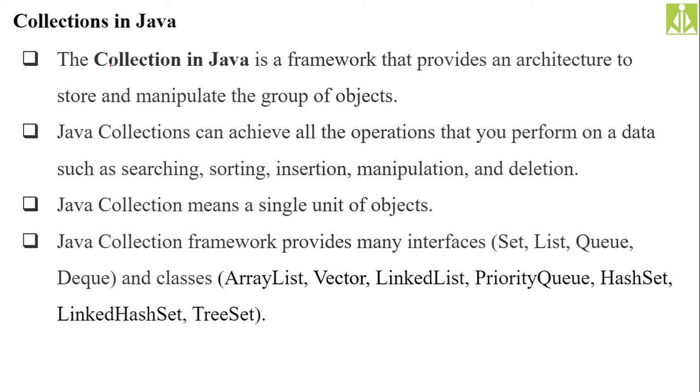Collections in Java. The name itself gives the meaning of this topic. When I say a collection, it is a group, more than one entity or more than one element. Whenever you have such a thing to say, we use the term collection. Collection in Java has the same meaning. If you want to use more than one element in your program, then we go for a collection. Your array is the best example of a collection, which we already know and have used many times. So an array is a collection.